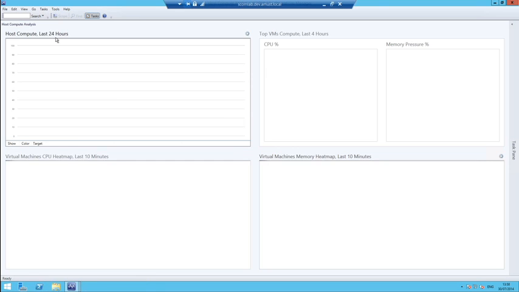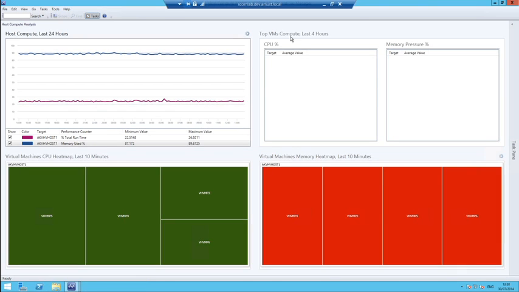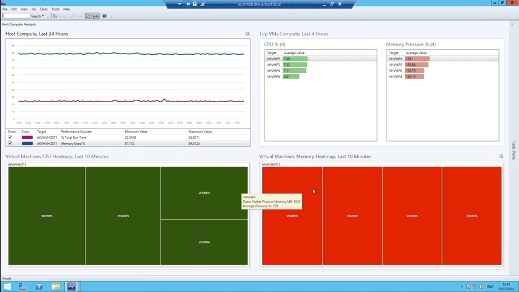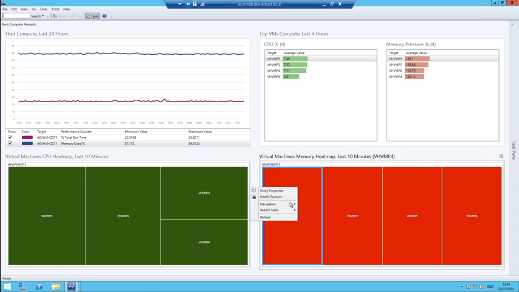where I get again the last 24 hours, my top virtual machines in computing, the last 4 hours, and I'll explain these specific traffic light widgets a little bit later. But again, I get other heat maps as well, now on the virtual machine level, and we'll come back to those in a couple of minutes. Now I open a drill through dashboard, and I see I've got some red on the virtual machine level, and what an operator can do now is very easily right click,